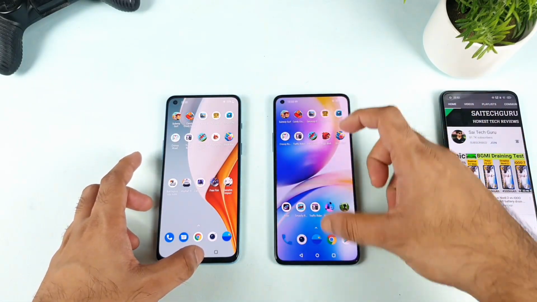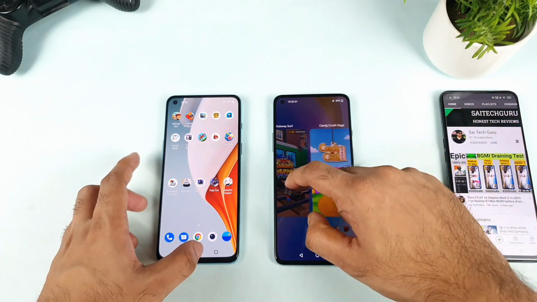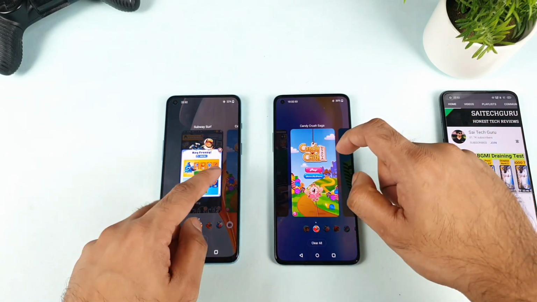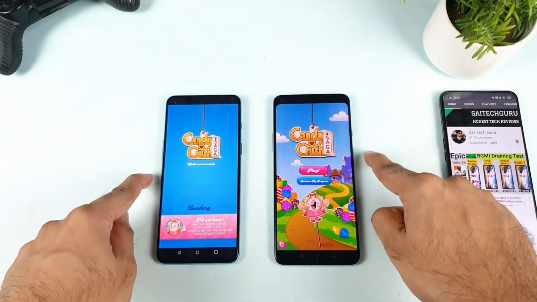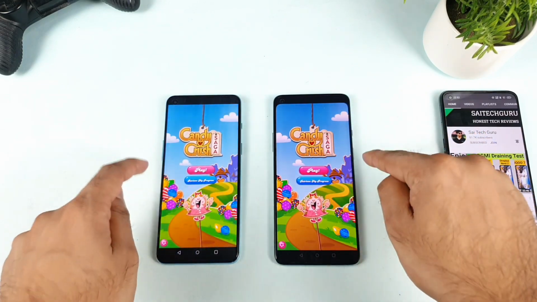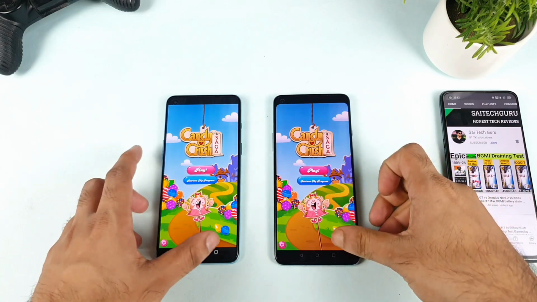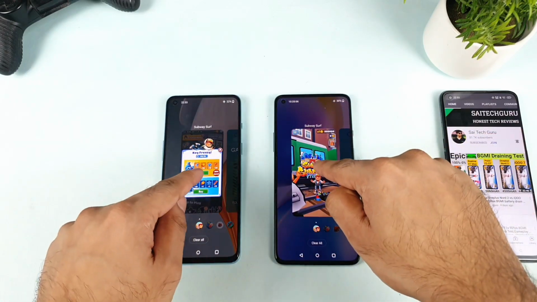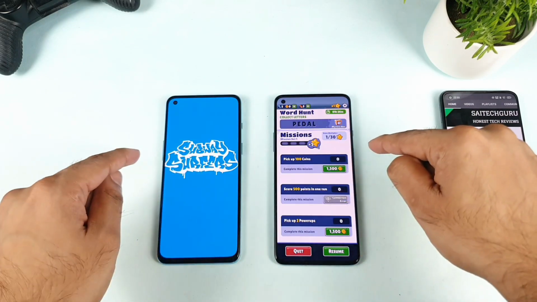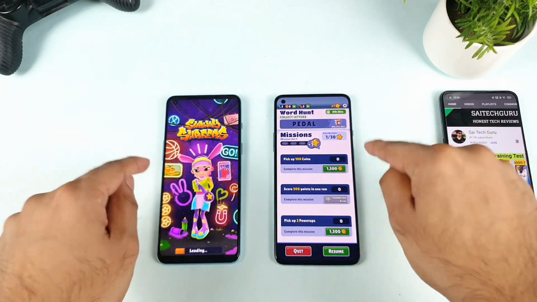That's fantastic. Now the final 2 games are left, which is Candy Crush. As you can see, the Candy Crush. Let's see, 1, 2, 3, 9 games. Oh my god! As you can see, friends, 9 games are open in the OnePlus 8T, in the background RAM management. That is the reason I'm trying to show you from the multitasking menu only, so you know exactly what is happening. 10 out of 10 games are completely open in the OnePlus 8T.